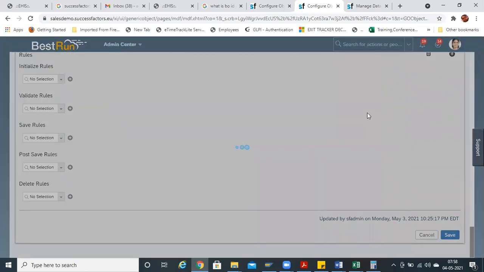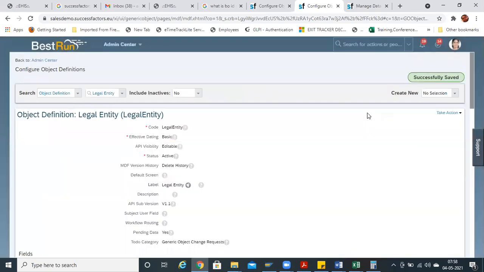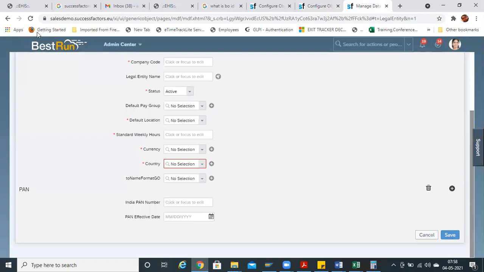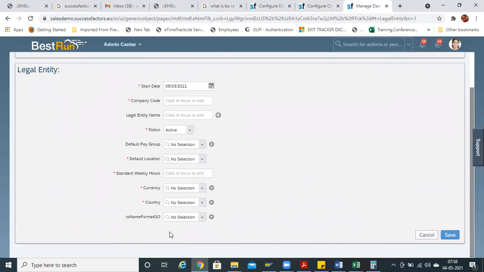Save it. Now you have saved this entry. Now let me again go to manage data and let me refresh it. Now see, the name is gone, right?